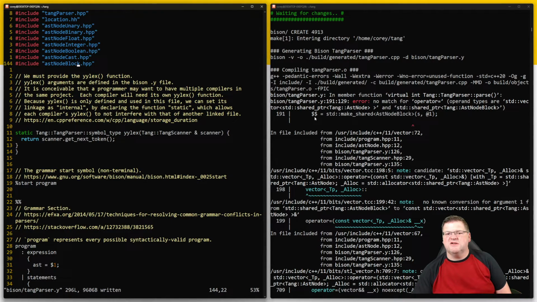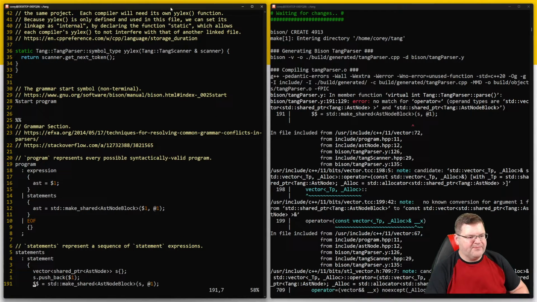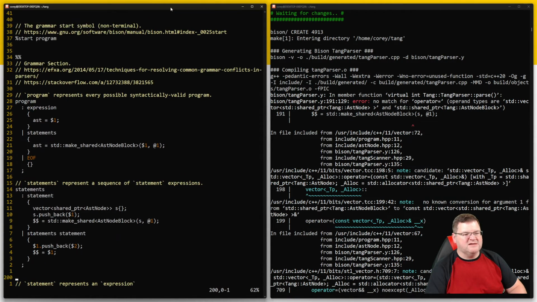It's a vector of shared pointers of AST node. Oh, wait, let's just go to that line. So this is in statement. So a statement is